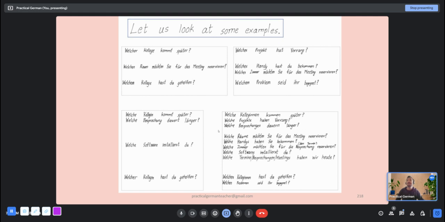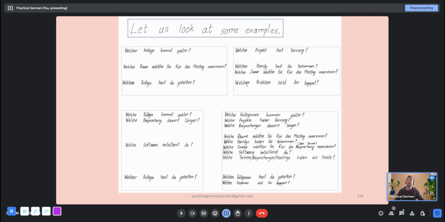So if you notice, I have divided some sentences, for example, Welcher Kollege kommt später. If I replace Kollege with Kollegin, Welcher becomes Welcher. That is a different thing; I will read this one and this one as the same thing, because I will not pronounce the R part, but on paper you have to write it. Otherwise they will cut your marks. If you wrote here, Welchem Kollegen hast du geholfen, with M for Kollege, and if I replace Kollege with Kollegin, M becomes, instead of Welchem, it is Welcher.